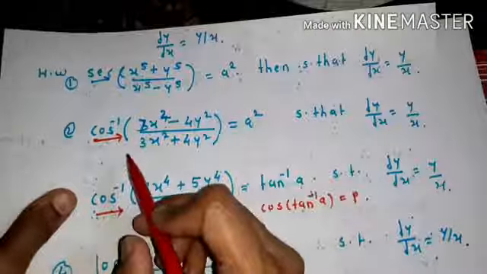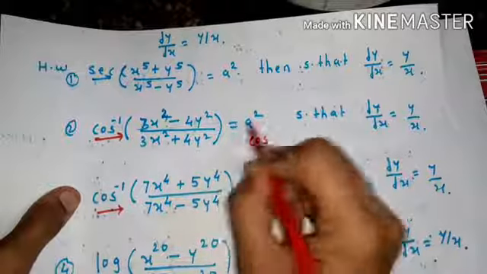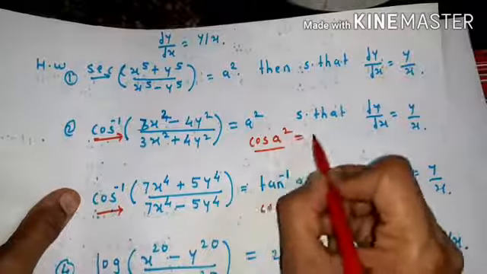Same thing here you have to do, that is shift this cos and you will get cos inverse of that side to cos of A square, and consider this is equal to constant P. Similarly,